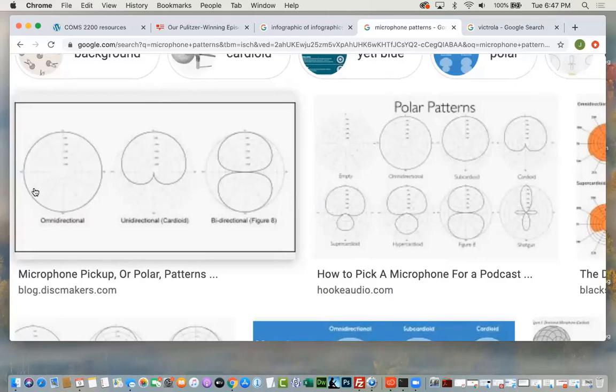It tries to record everything around it, okay? Another type is the unidirectional microphone, and that's a microphone that simply records what's in front of it. And you can see that's what these patterns are, right? The dark line actually shows you the angles of what the microphone picks up.